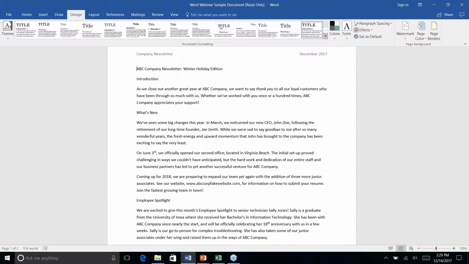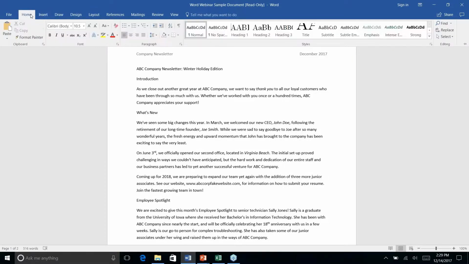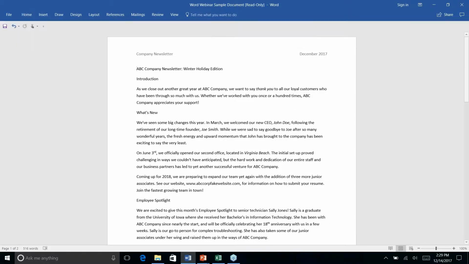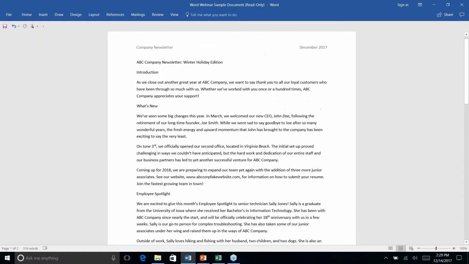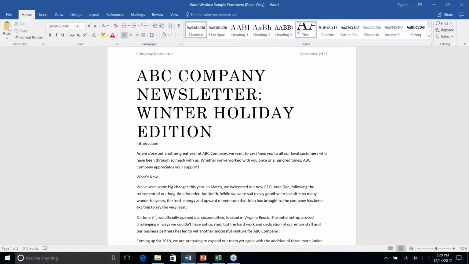All right, so these are themes, and again, you can edit them to your heart's content. You can change the paragraph spacing, you can add a watermark, you can add page borders, all here, and anything that you edit in themes will affect the entire document. Now, if you want to make smaller changes to individual blocks, or if you just want to make a little bit more tweaking and customization, you can come into